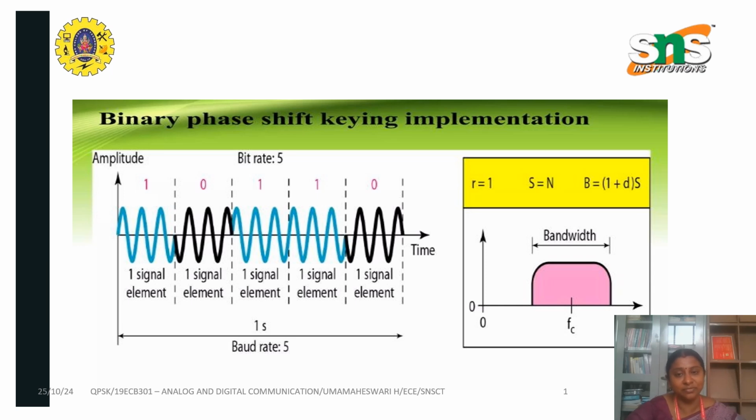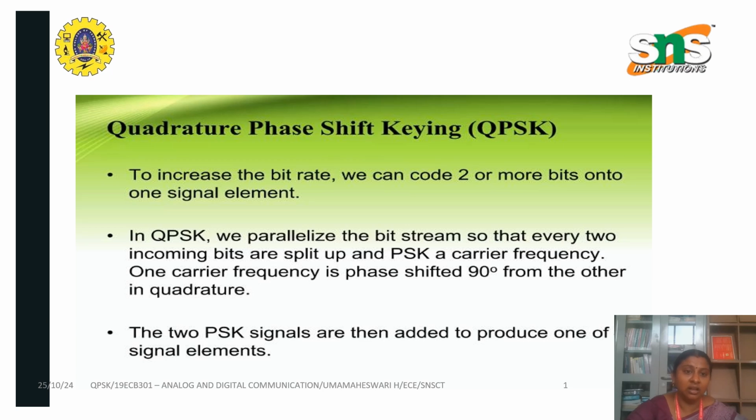In binary phase shift keying implementation, the y-axis has the amplitude and the x-axis has the time period, that is the baud rate. That is what is displayed here. Then QPSK. In QPSK, that is quadrature phase shift keying,